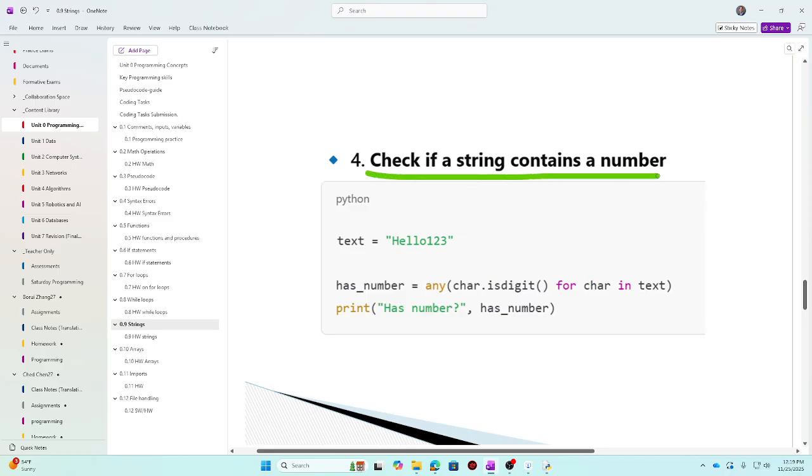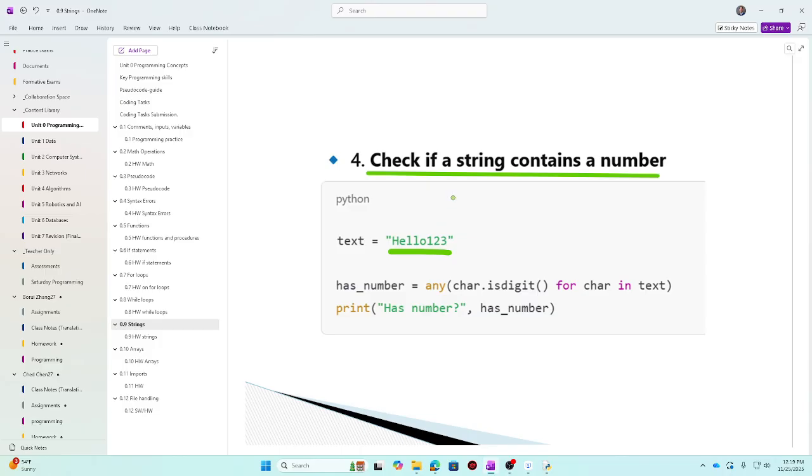checking if a string has a number. For example, right here, Ched, what type of data is this? It's green. Is 1, 2, 3, is that a number, or what kind of data type is this? It says hello 1, 2, 3. Is it an integer, string, float, bool? It looks like an integer, but it's not, right, Wendy?